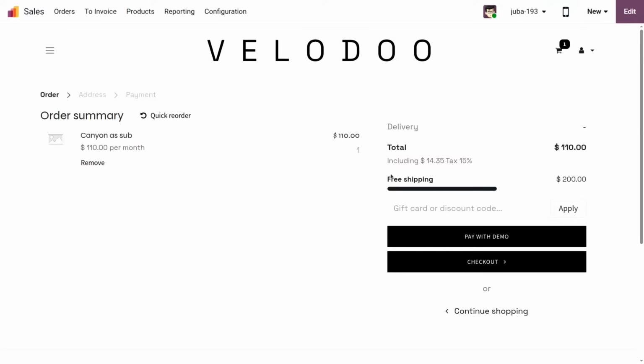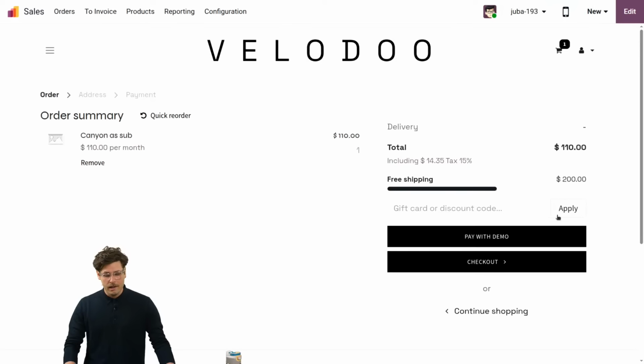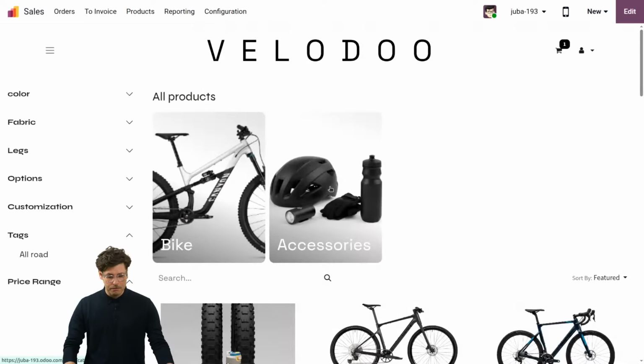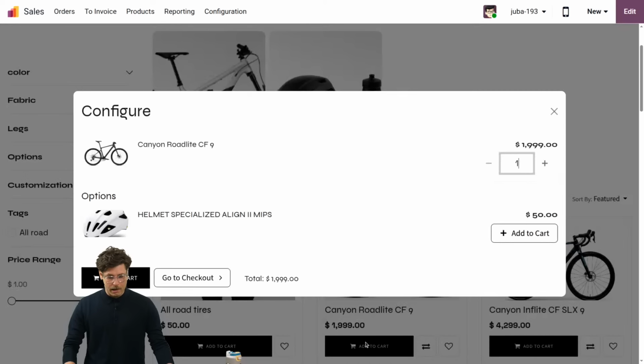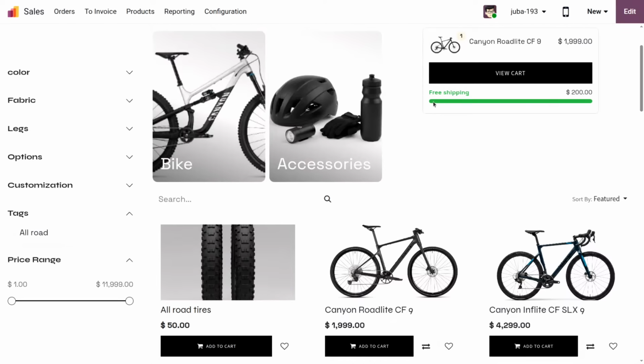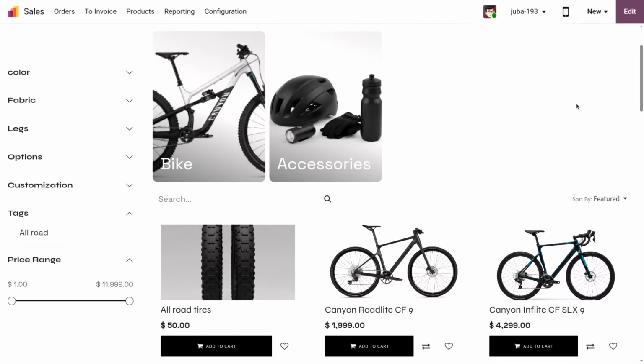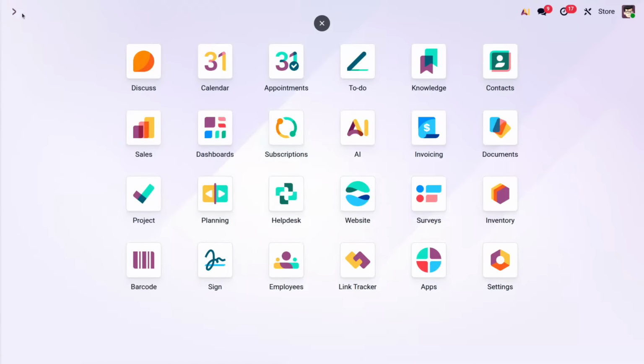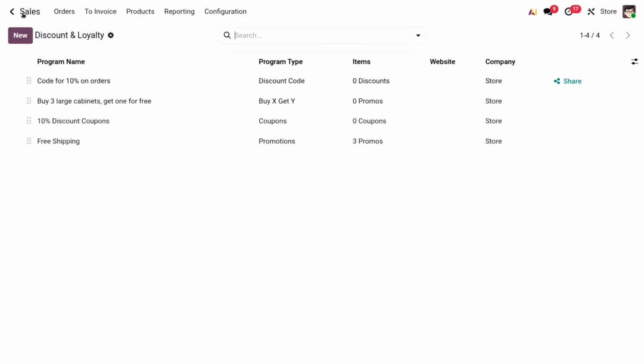Here I've set a free shipping for over 200 baskets, which means that if I go back to my shop, maybe I can add to carts, and then I have here the free shipping that is completed. This is really helpful. You can set up those things into the loyalty discount and loyalty. That will help you